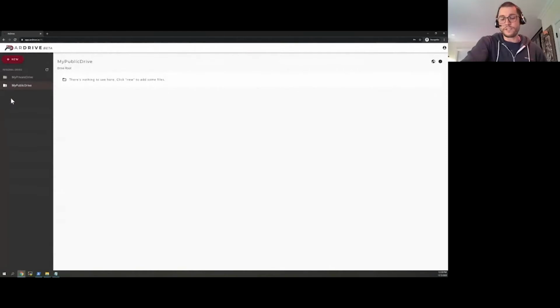So creating drives is essentially submitting a metadata transaction. So much like moving files or folders, creating drives is very, very cheap. So you don't have to worry about spending a lot of your Arweave creating those drives. But now in my public drive, I'm actually going to start uploading some data.